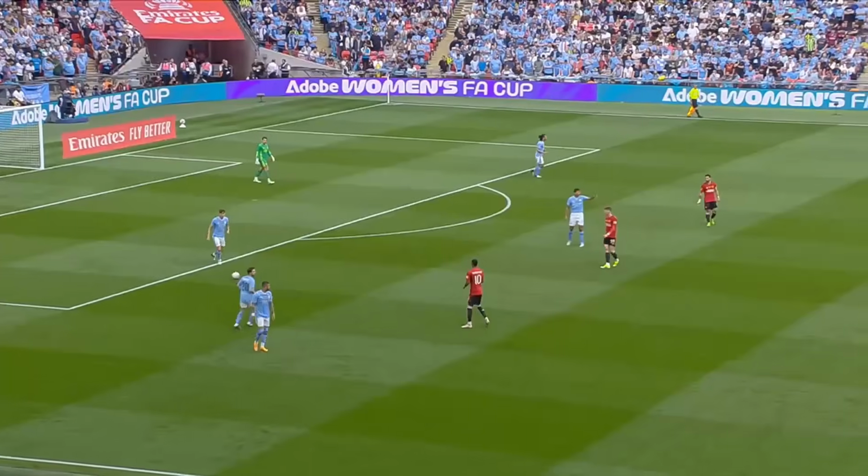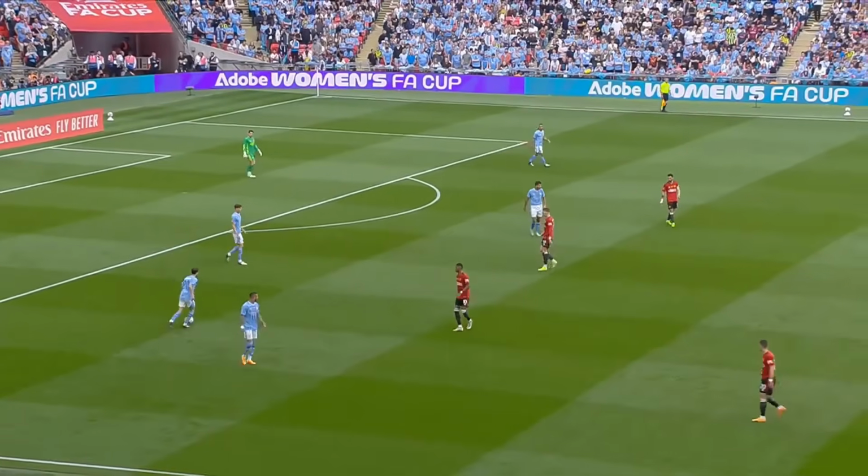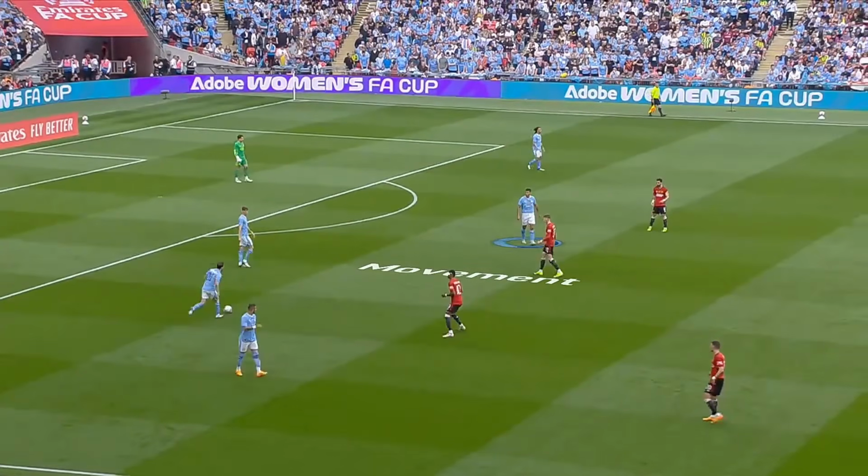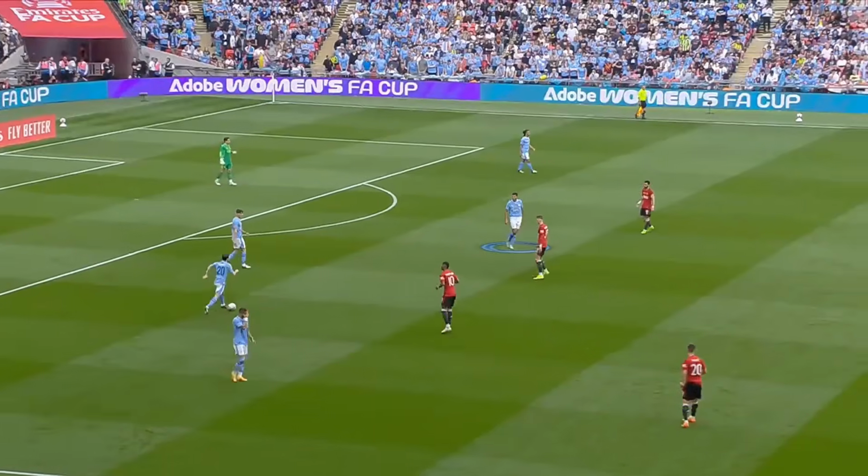Next up, we have Manchester City versus Manchester United. So this is an FA Cup final game. You might see the lovely sights of Wembley in the background from 2024. So we're going to see Manchester City build up from their defence and eventually get a shot away at goal. So City have the ball with their back line. We get to see some really great movement from Rodri and Kovacic. They're playing at a double pivot midfield.